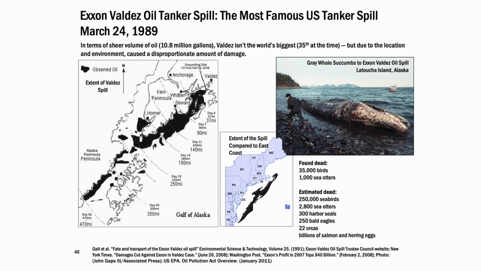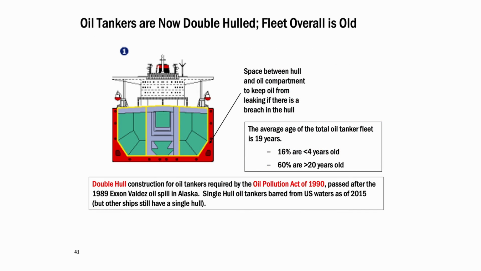But the impact that it had on oil tankers and on shipping is going from what we called single hulled to double hulled tankers. So at the time of single hull, just kind of what it sounds like, the outside of the tanker was the outside of the oil container. So if you punctured a hole in it, all the oil would come out, right? It was right there. Now we only allow double hulled oil tankers in US waters and US ports.